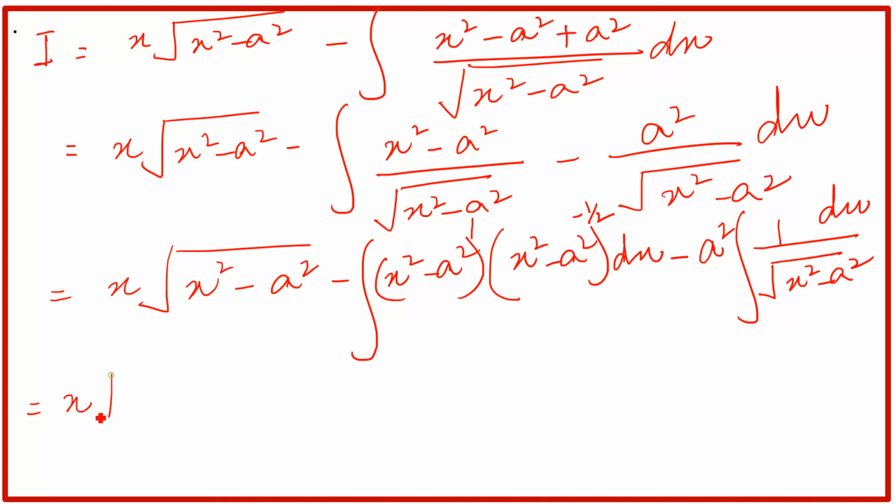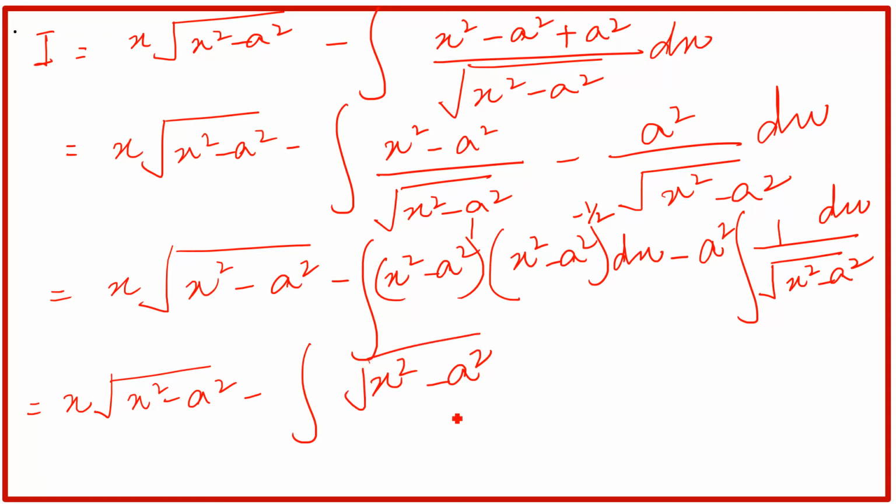So here x into x square minus a square, minus, so see, this is 1 power and this is subtract 1, means 1 minus half is equal to half, but it will be with the positive sign. x square minus a square raised to power 1 over 2, and 1 over 2 is the under root, you know. So we can write down by solving these two like this: x square minus a square dx minus a square,